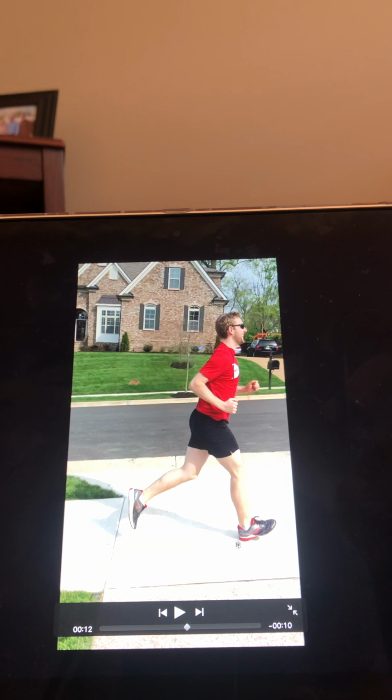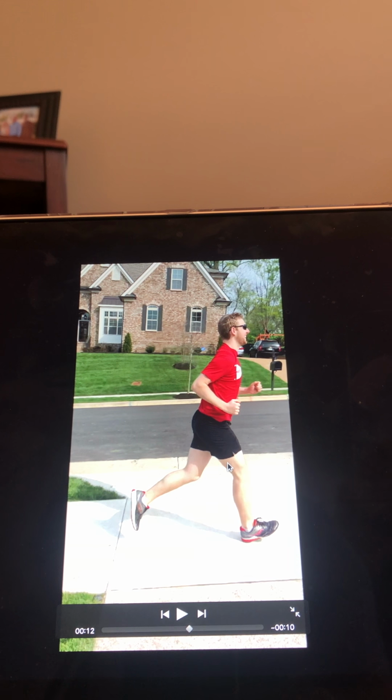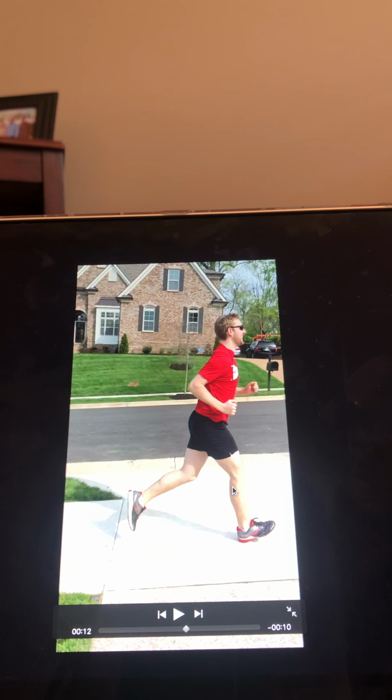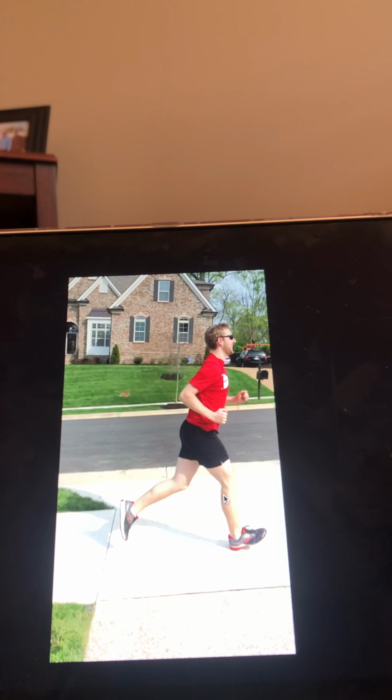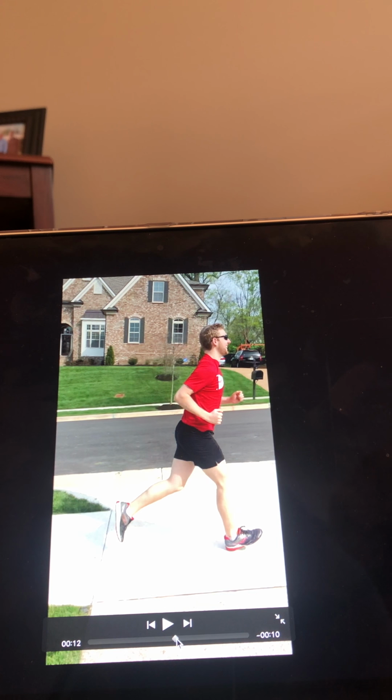His knee angle at impact is about 10 degrees of flexion, which is good because you want to have a little bit of flexion for shock absorption. Then looking at the loading response,